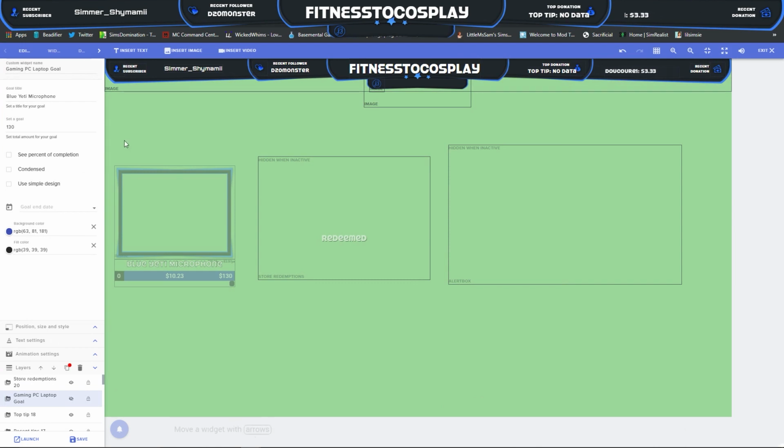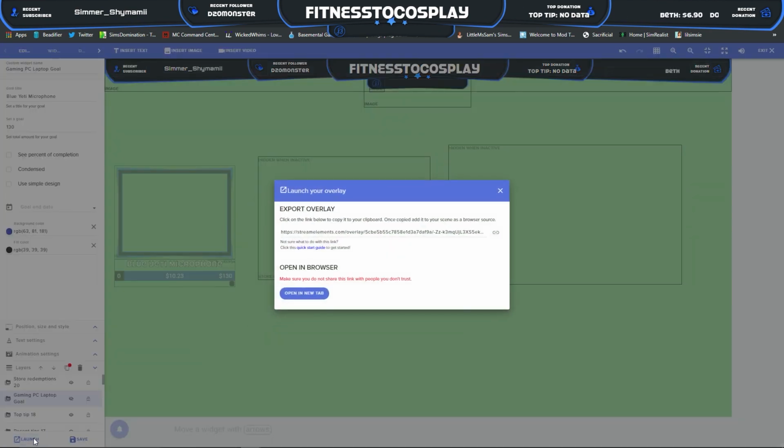Now, how that happens is if you go to your layout in Stream Elements and you do all your edits and you say, I want to launch it, what it'll do is if you hit launch, it'll give you basically a link to your overlay. You copy this,